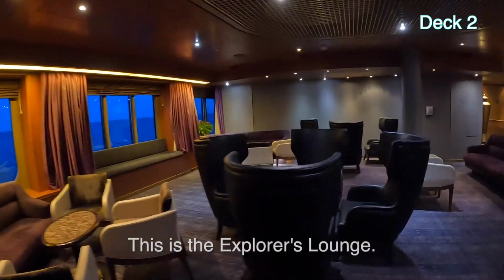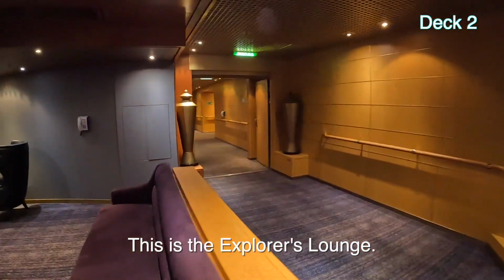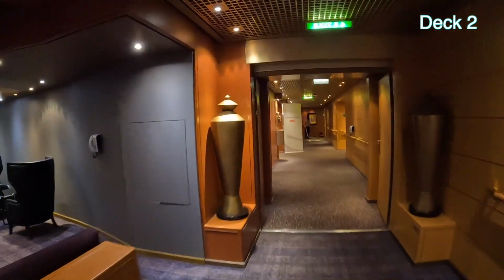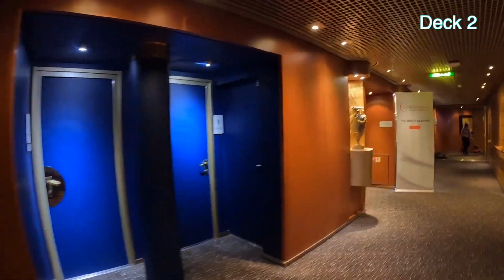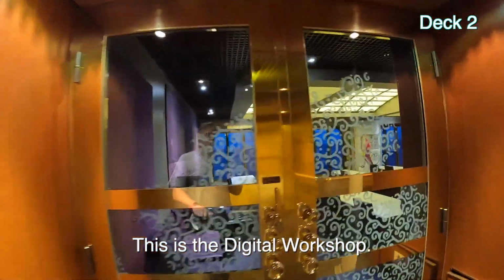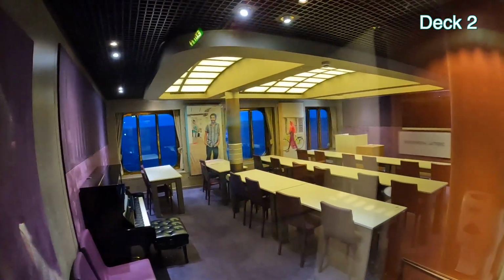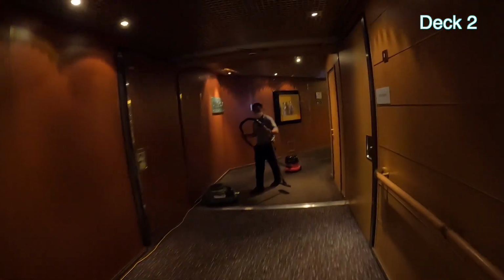Then there's this little room. And if we go back further, restrooms, digital workshop. So you can learn how to make things in there. It's locked, so I can't help you. There's also a piano, but they have classes in there. And if we go back a little further,